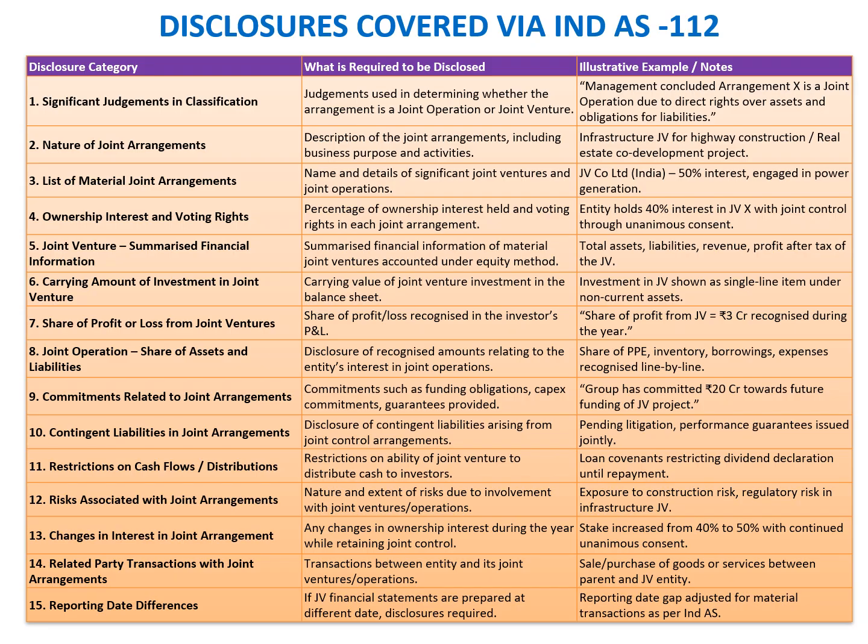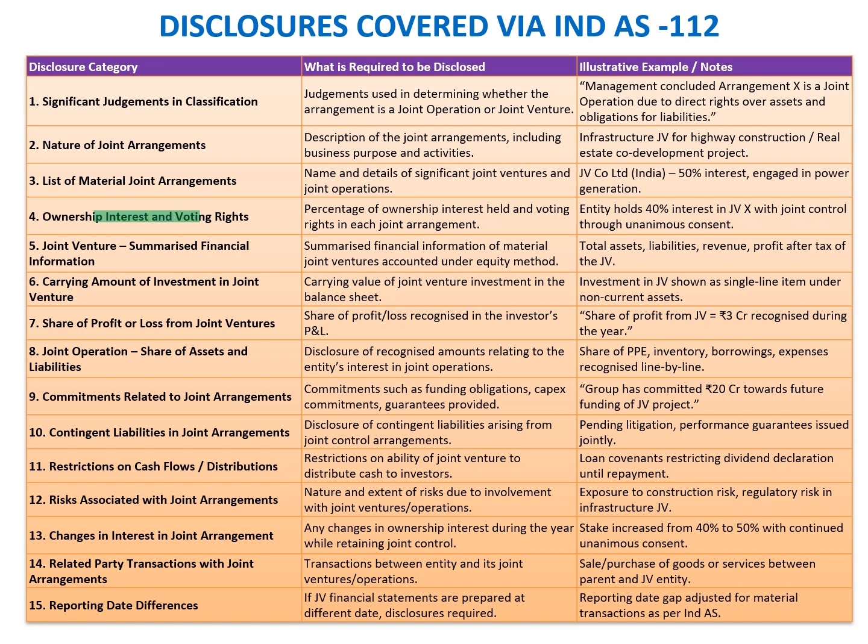Okay, so having understood the key concepts of Ind AS 111 and all the relevant terms, followed by the recognition and the accounting treatment, we now come to the disclosure slide. Like Ind AS 110, for Ind AS 111 also, all the disclosure requirements are covered as a part of Ind AS 112. However, we'll quickly summarize the key disclosures that are required as a part of Ind AS 111. The disclosure categories are significant judgment in classification, nature of the joint arrangements, list of the material joint arrangements,